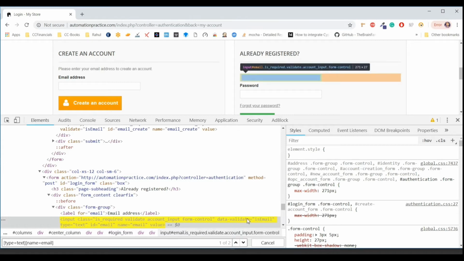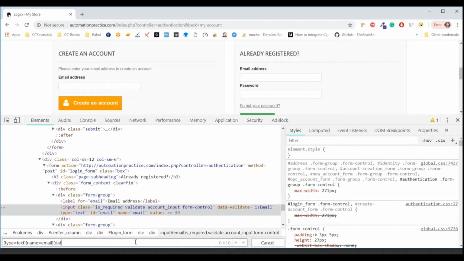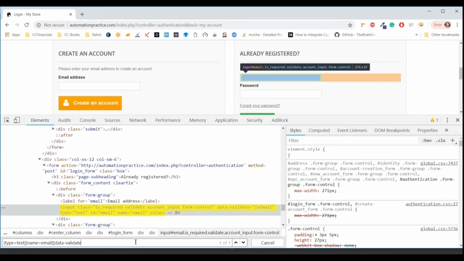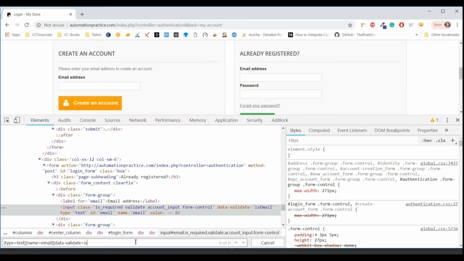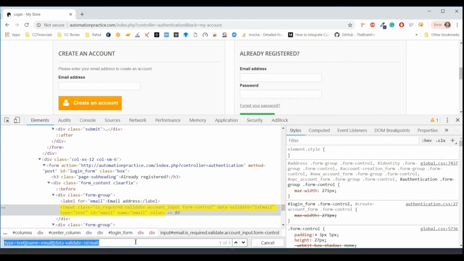Okay, so now we are getting 2 matches, but we need only one occurrence, so I'll use this data validate as well. Okay, let me just type it, data hyphen validate, and it should equal to is email. Okay, now you can see we are able to locate this.